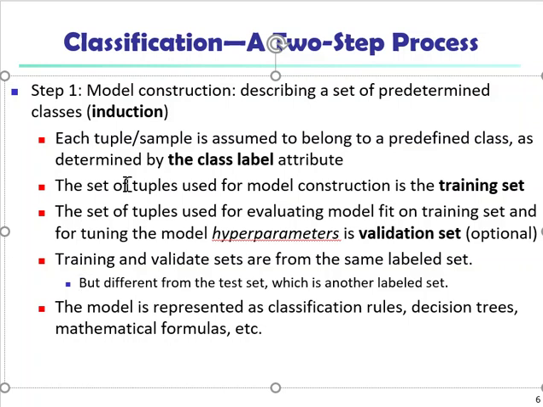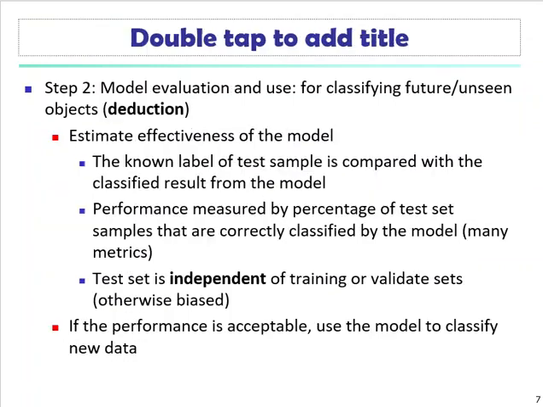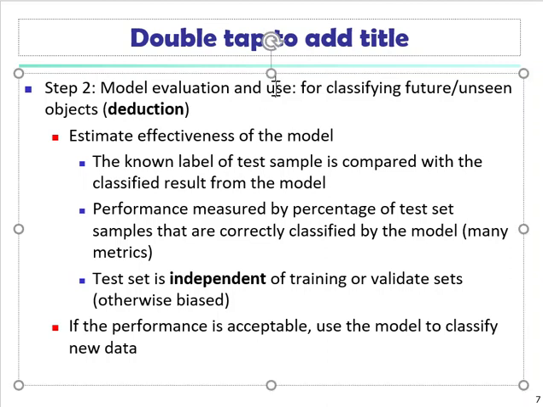Once we have the model constructed, we're going to move to step two, which is model evaluation and the final use. This is the induction process where we have the model. Now you can feed new observations to the model, which should cover the phenomena that we wanted to process, and the model will be able to tell you, I think the label for this observation is such and such.